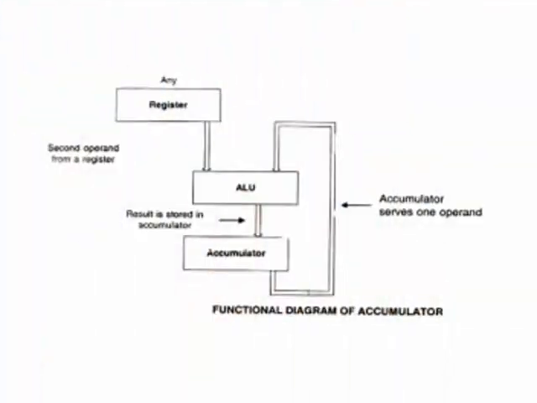And after seeing this accumulator, its 3 functions can be well explained by this figure, what is called the functional diagram of accumulator. Let us consider a very simple program to add 2 numbers, say 05 and 04. That is, 05 is one data and 04 is another data. So the accumulator holds the data 04. The other data 05 can be held in any other register, GPRs, say the B register.